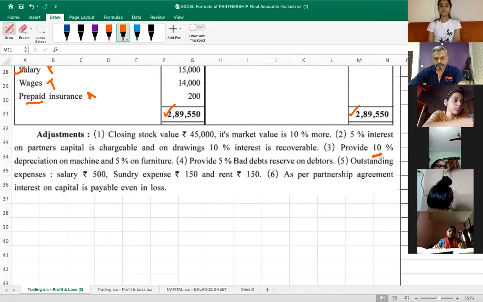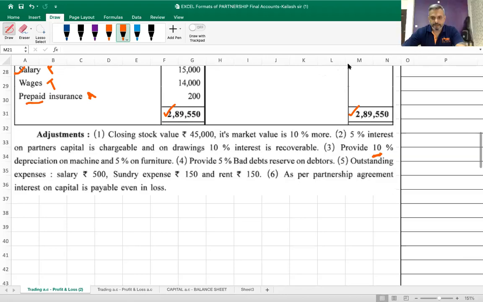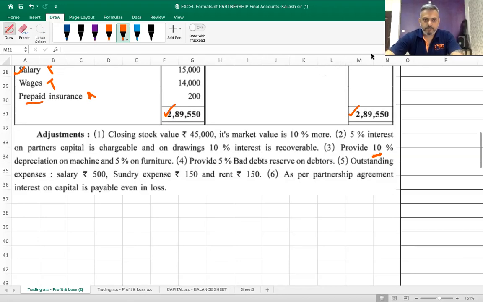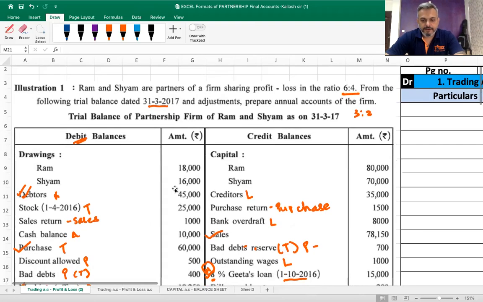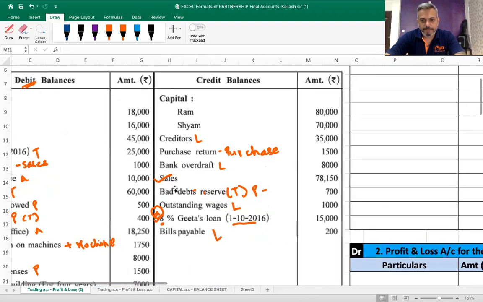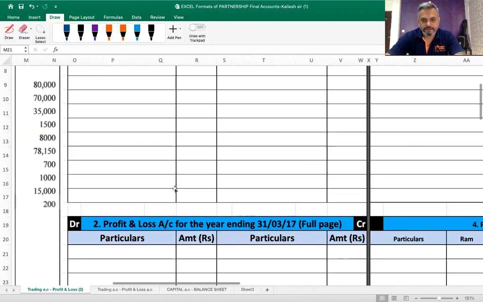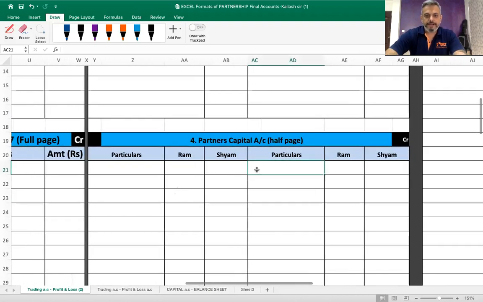Are you all ready with the format? Should we start the sum? Okay, let's start the sum then. First of all, write the balance of drawings and capital. Capital 80,000 and 70,000. So go to the capital account. By